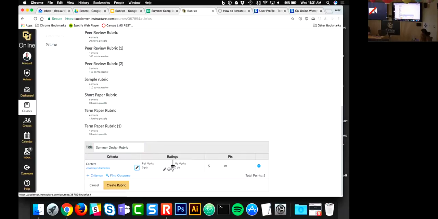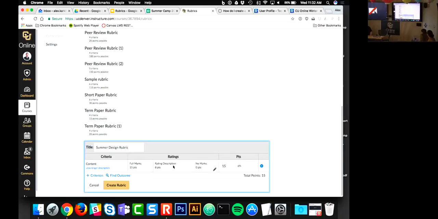We also wanted to have about 5 levels in there as we had before, and we want it to be worth 15 points. You'll see it defaulted to 15 for full marks and 0 points for no marks, and we want to create about 5 different criteria. All you need to do is hit this little plus or this little arrow button here, and all of a sudden it breaks it out into more. So we got 4,